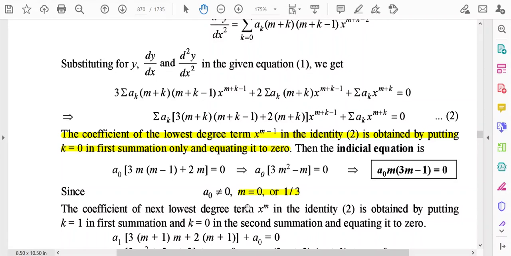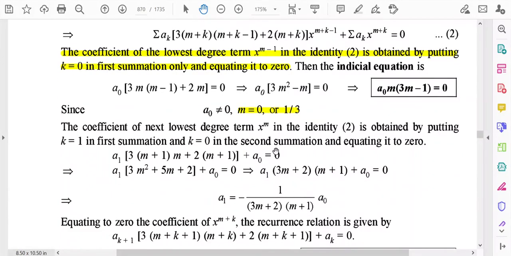So as m is equal to 0 and 1 by 3, they are different, and they are not separated by an integer. So next we will calculate the coefficient of the next lowest degree term, x to the power m, in the identity 2. In this process we have calculated the coefficient of the lowest degree term, x to the power m minus 1. In the next step,